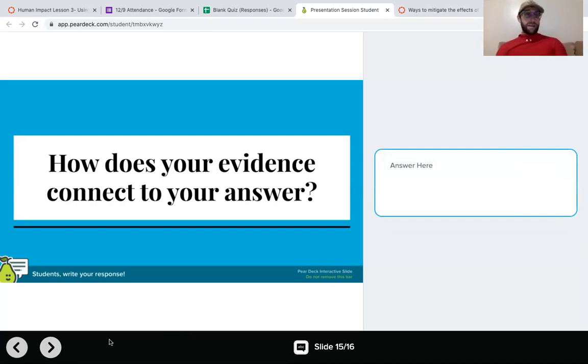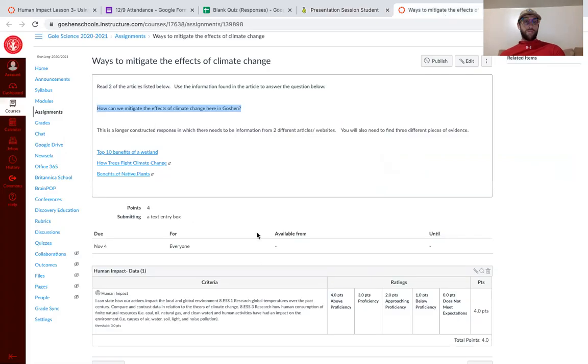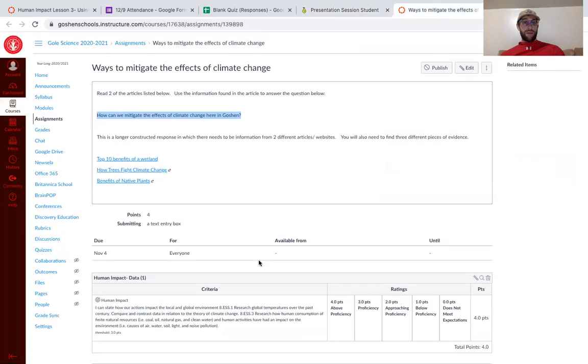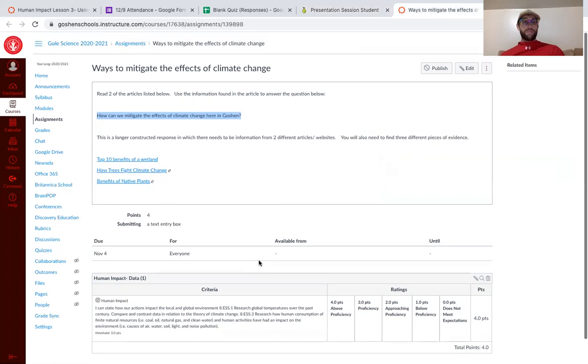right? So this is kind of a broken down, scaffolded way to do RACE. Hopefully you guys will find this useful. Make sure you turn your RACE response in of how we can mitigate the effects of climate change here specifically